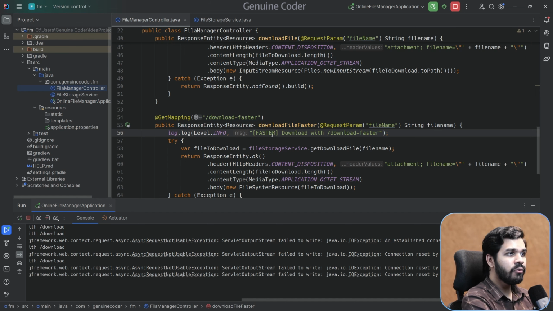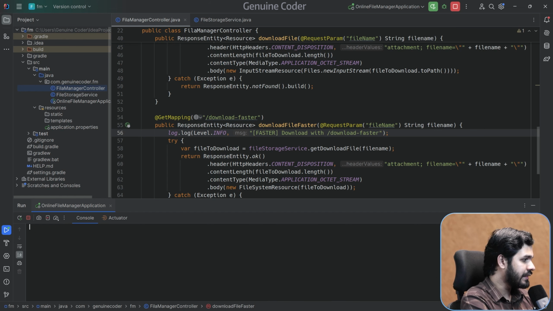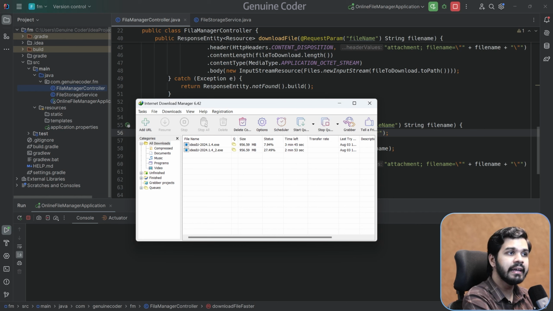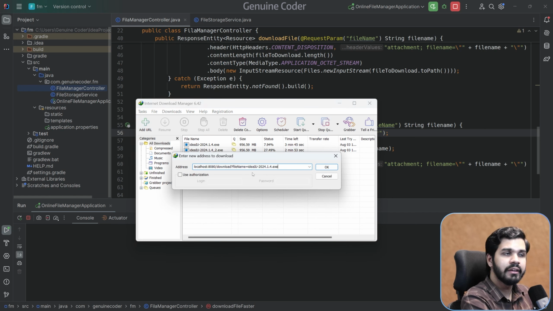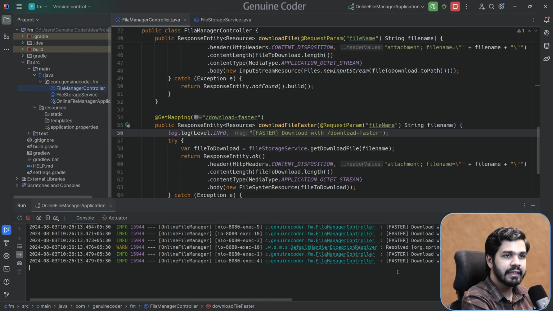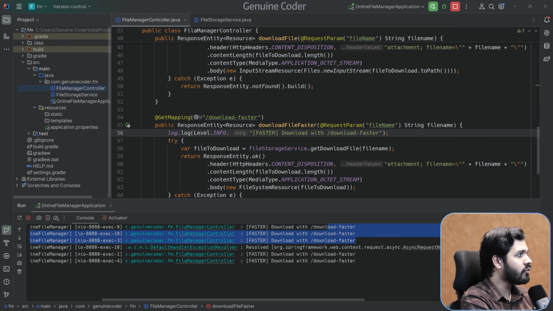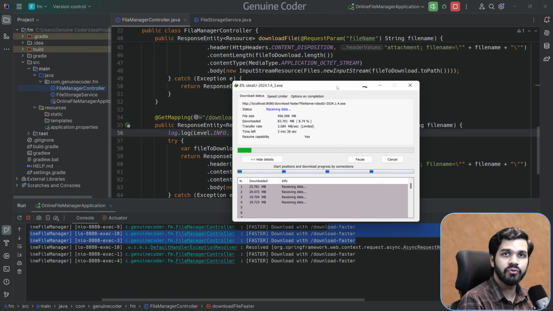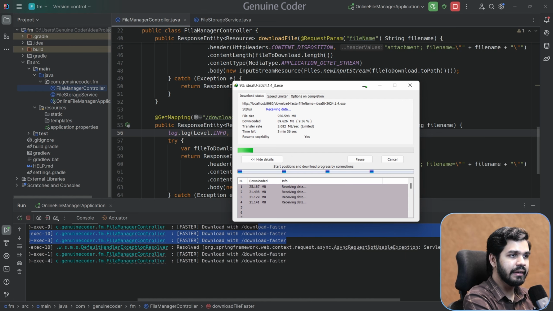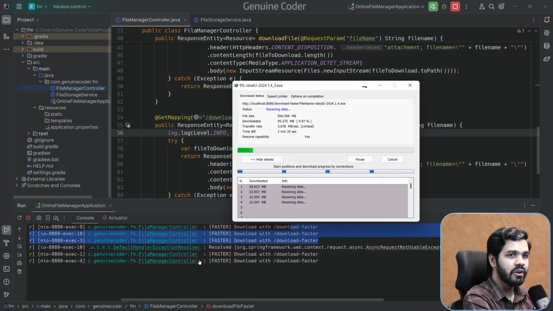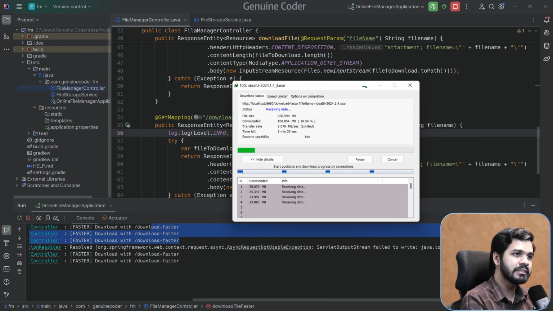But when we try to download it using the download faster method, all those requests will succeed and it will actually download the file using multipart downloading. So for that, let us try with the download faster option. And here you can see that it tried to download it with 5 requests, but 4 of them completed because we only need it 4 times, right? You can see it called the faster 5 times. One was cancelled for some checks or something, but the 4 it actually needs for the 4 part download